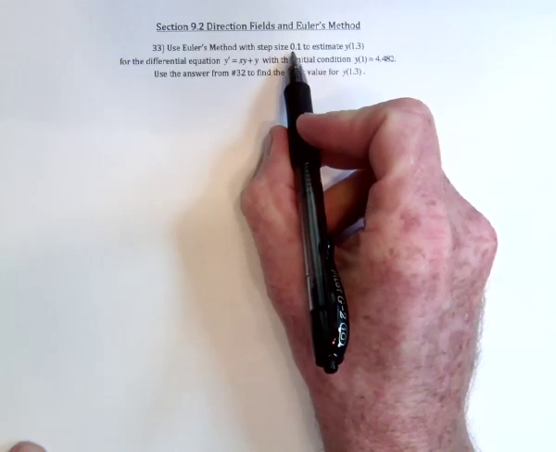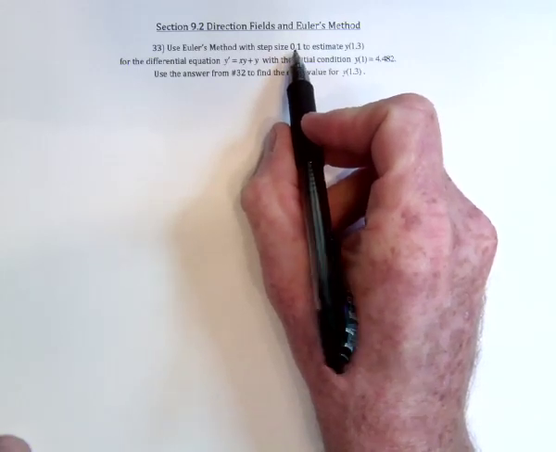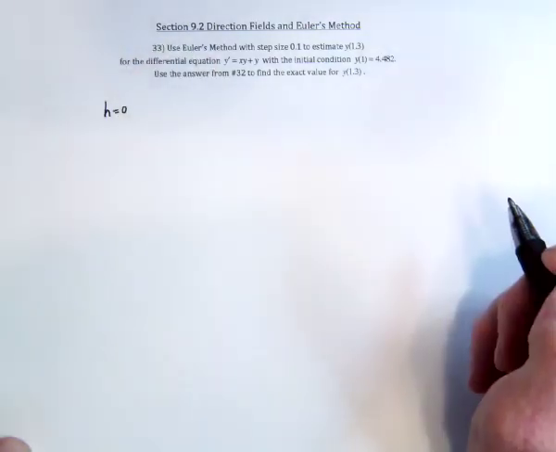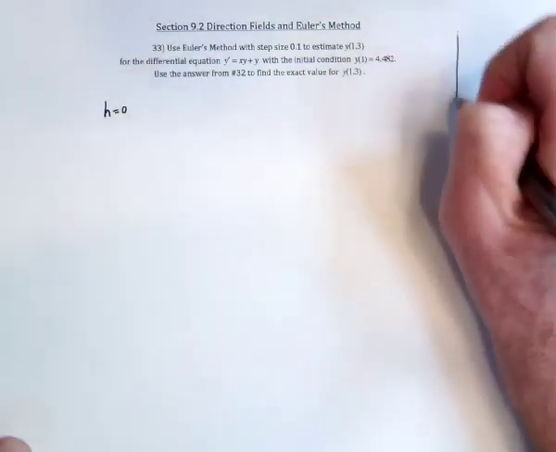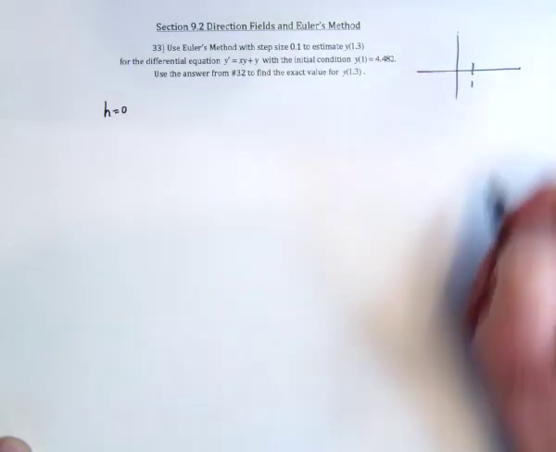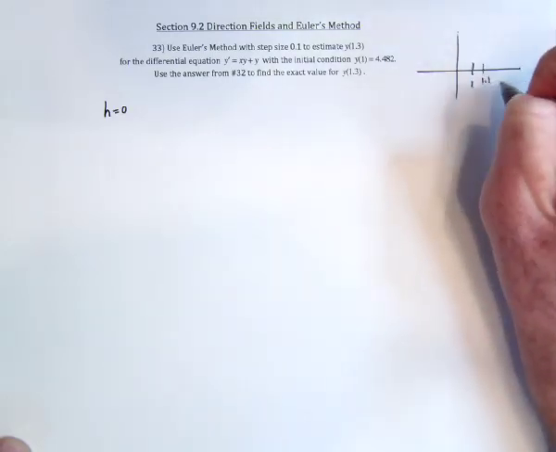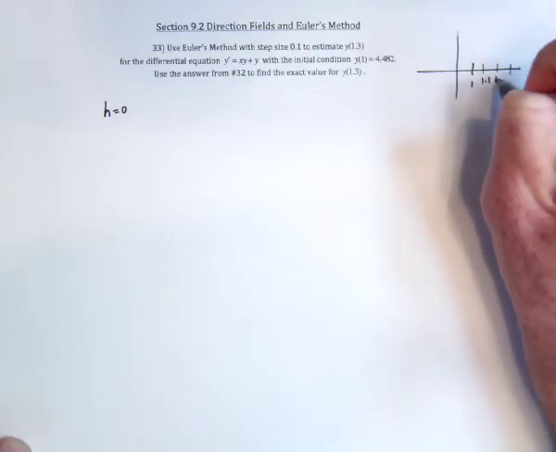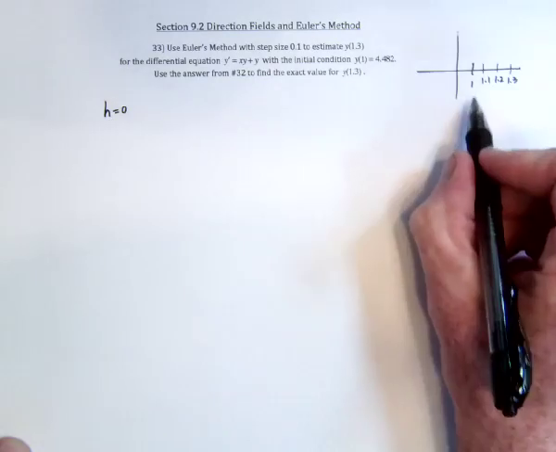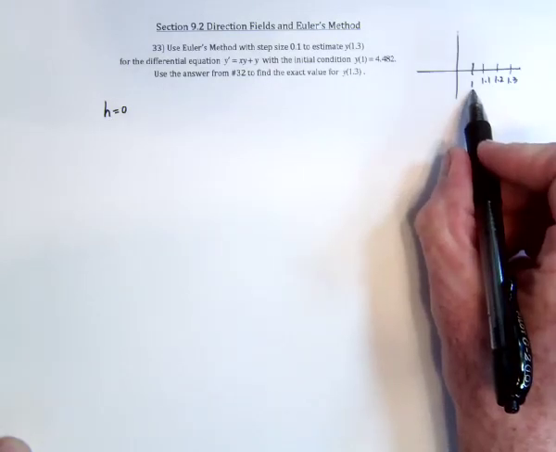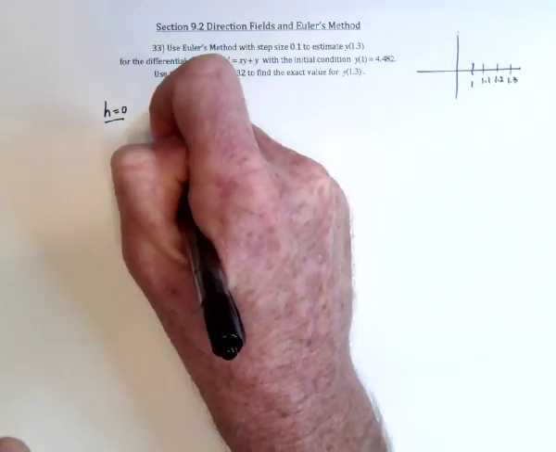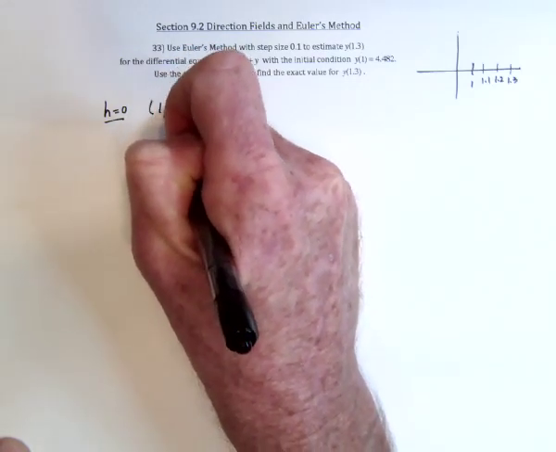This step is often called the h. So we would have h equals 0 is the beginning. So in other words, I'm starting at that given point of 1. And then I'm going to move over to 1.1 later, etc., until I get to 1.3. So h equals 0 means that we haven't moved over yet. We're still at 1. So at h equals 0, we have the point that when x is 1, y is